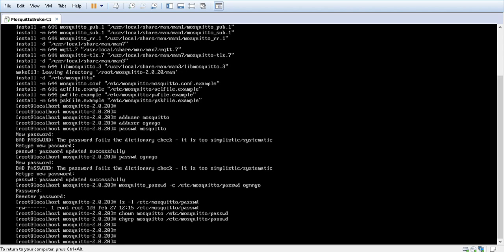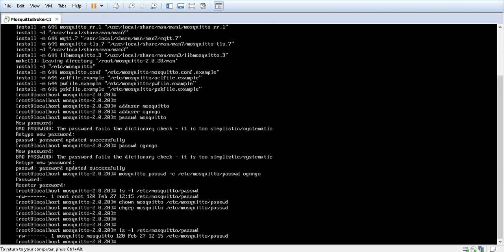So yeah, those are the two commands. If you go and verify, it is now Mosquitto for that file. ls -l will give you all those details. And now it is time that we go and create a configuration file for Mosquitto to allow clients to connect. So this will be vi /etc/mosquitto/